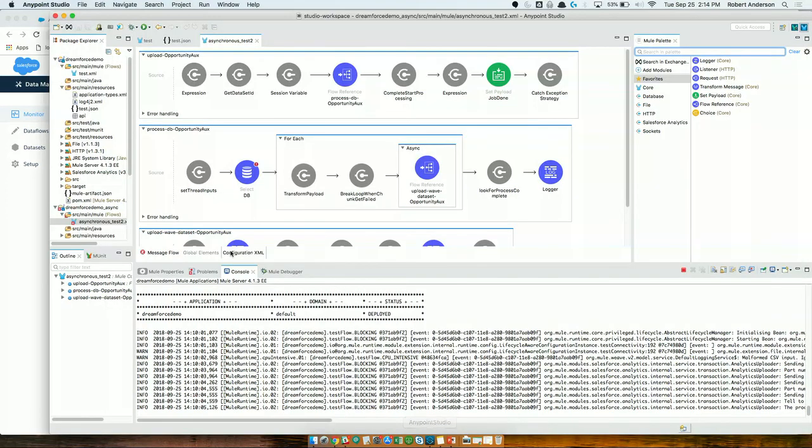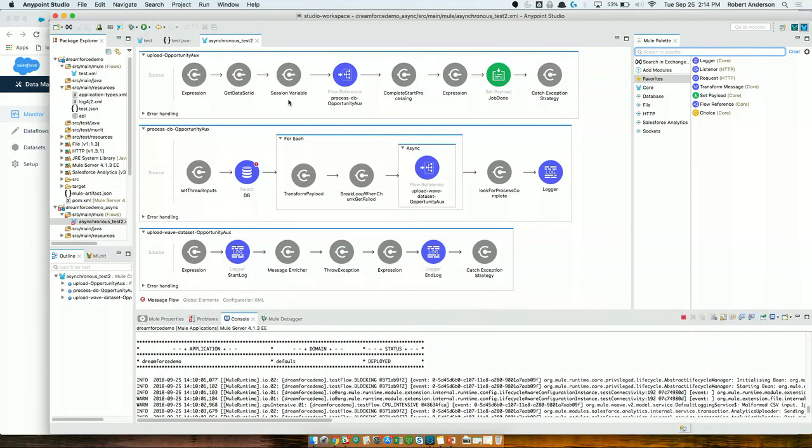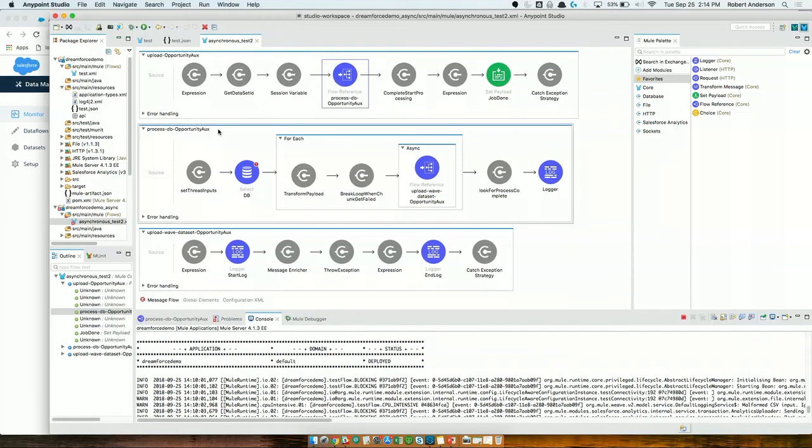But back to talking about asynchronous batching. This is super complicated, and I won't run it, but let me give you a few ideas of what's going on here. It's separated into these 3 flows. This top one is kind of the control. You first get the data set that you're writing, you get a data set ID that you're going to write to, and then you've got this purple reference that references the second flow, which actually handles pulling in the